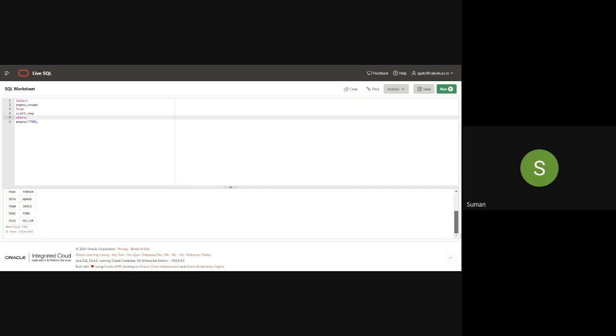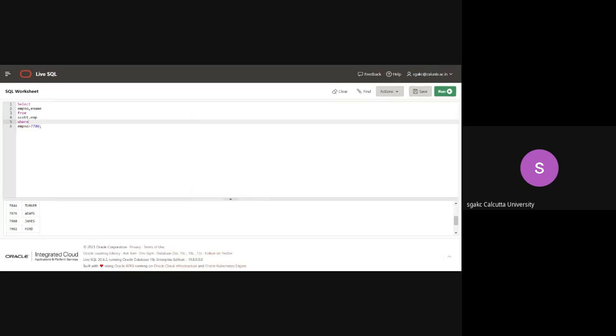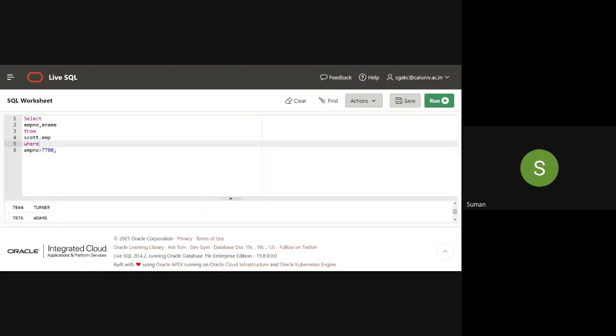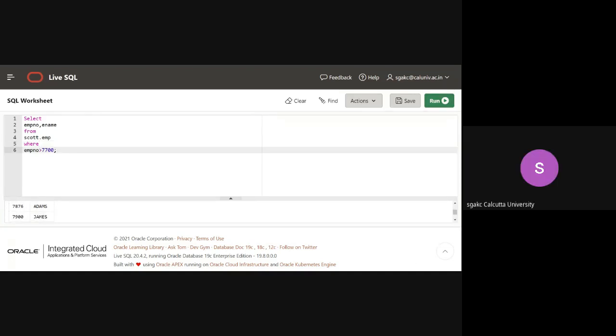Now you will see that there must be some change in the number of rows. I think I should increase the font, right? You can see it. Now you'll see that there are only 8 rows. This is how you can use where, and it is not that you can use only one column. You can use the clauses and, or over here, and add more such conditions.